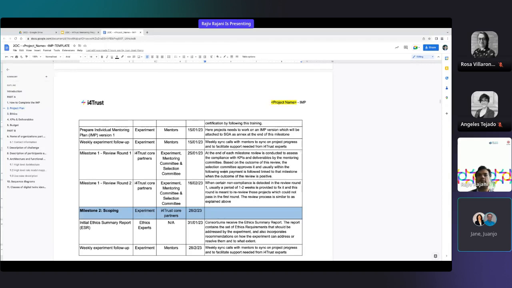Again, the same process follows. The mentoring committee does the review and proposes the assessment to the selection committee, and then the selection committee approves or rejects it. In case the selection committee approves it in the second round, then the payment follows.